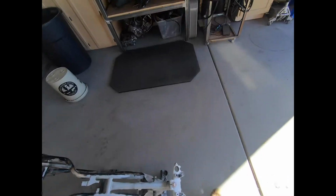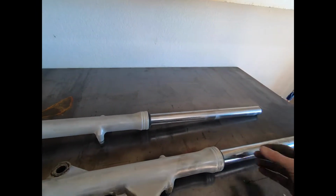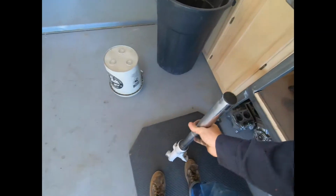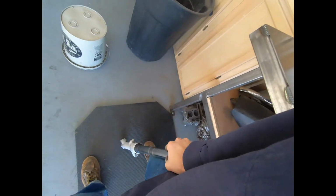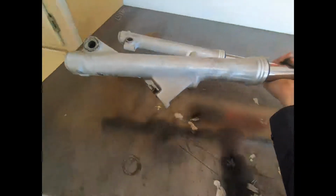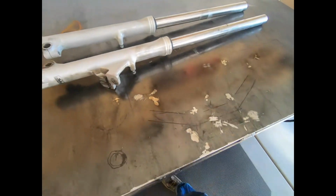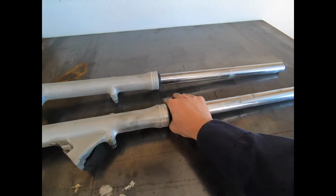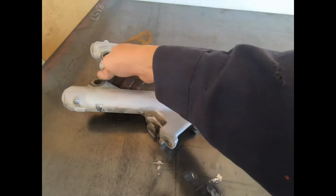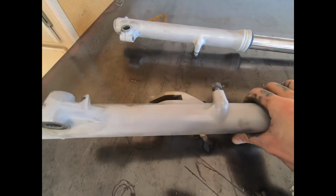Let's see. Alright, so luckily the guy who sold the bike to me had rebuilt the forks, so they're pretty freaking good. I am glad I don't have to do that. I've done seals on them plenty of times, I'm just glad I do not have to do that. So luckily, I'll just cover up all that, sandblast these, clean them up, paint them, and then